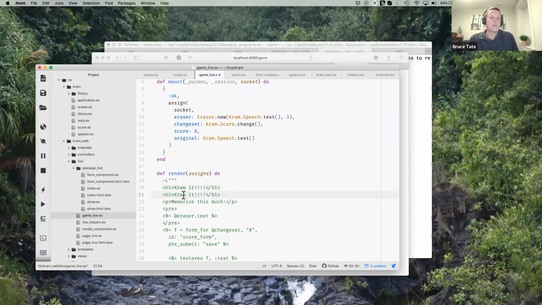I have so little imagination. Just the headings. That's my whole user interface. All right. And we'll do a score. And then close that out. And so now,